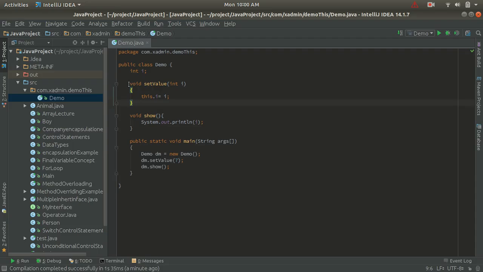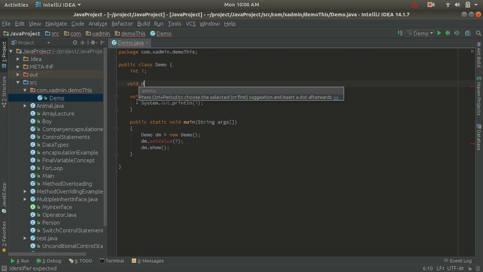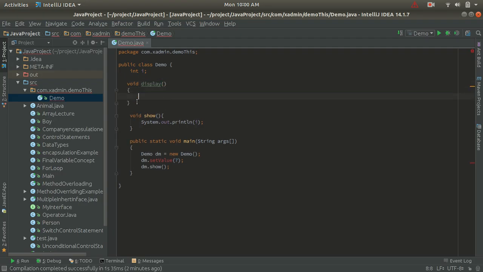Now I am going to remove this method and create one method with the name, let's say, display. Inside the display, I will simply print hello display in the console.